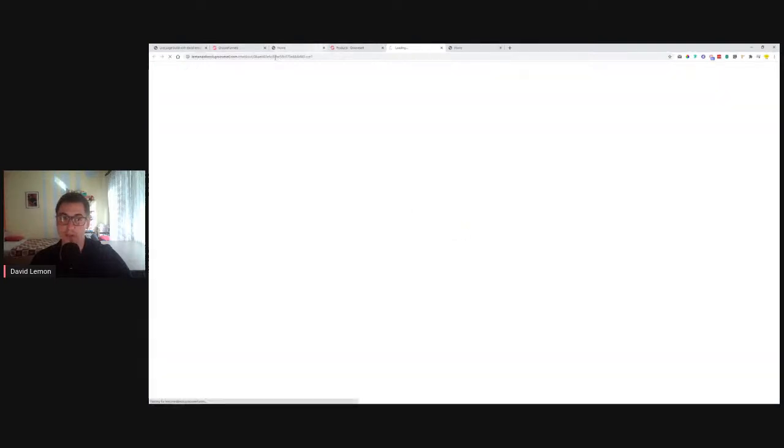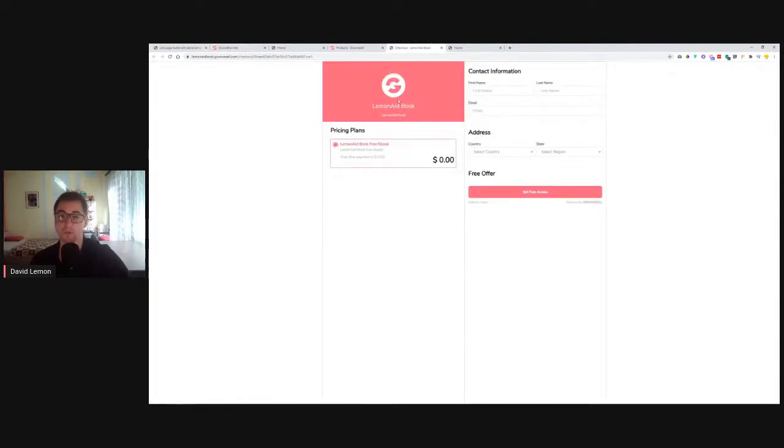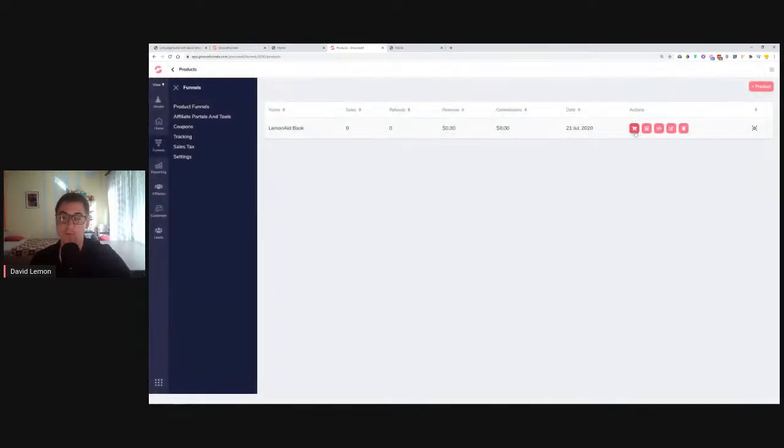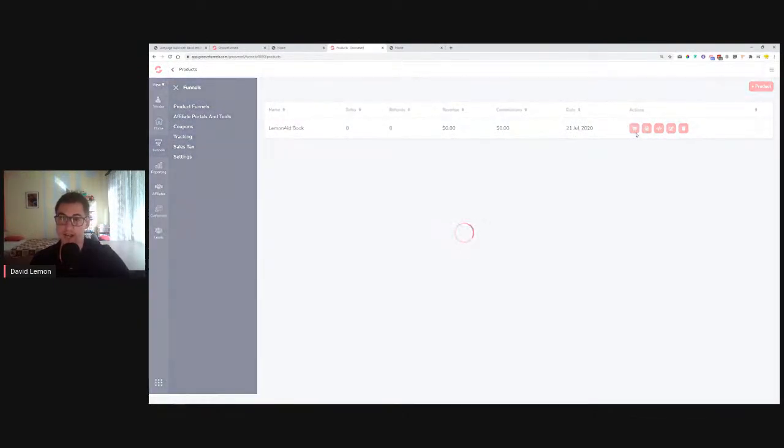So once we go into this lemonadebook.groovesell.com, this is our subdomain for somebody that wants to purchase the book. This is why it asked us to set up the subdomain. This is the subdomain for the checkout. So now, if I want to have one checkout for all the 3 products, I click on the shopping